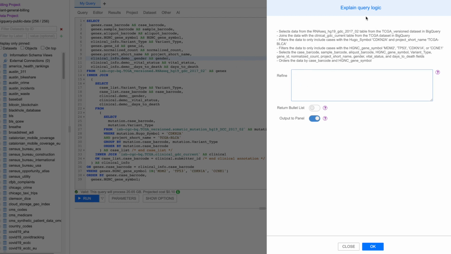So here you see that the focus is on more of the logic as opposed to the syntax, and it's describing for us what that logic is. And as mentioned, we can go through that cycle of further refinement.